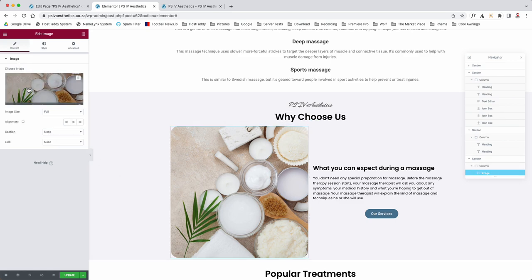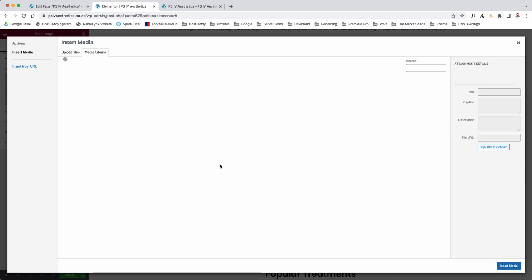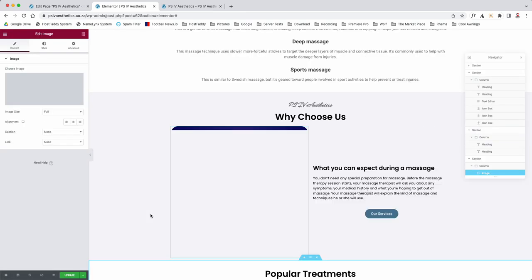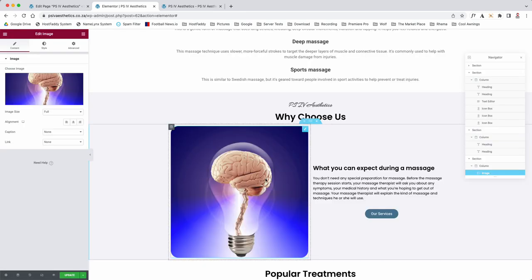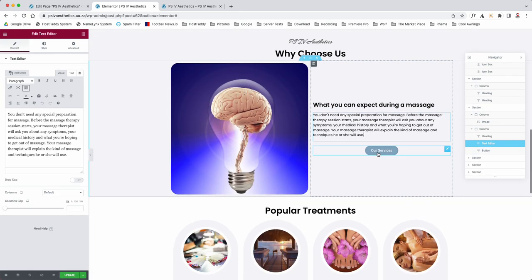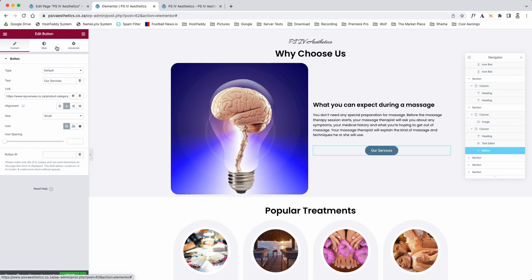Here's an image. Again, you just click on it, and we'll choose the light bulb, for example. And you'll see the light bulb changes just like that. There's another title, another widget box. The buttons are quite nice. So here's a button. You can go "Our services". You can go info,